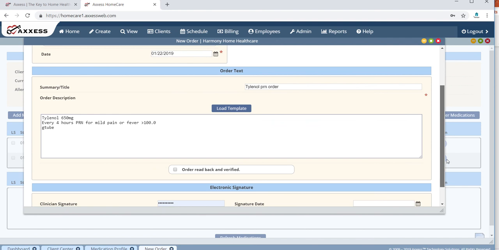And we'll scroll down and review the narrative order here. So we have Tylenol 650 milligrams to be given every 4 hours as needed for mild pain or fever greater than 100 degrees via the G-tube. And lastly, we need to just specify how we obtain that order. So it's going to be written or verbal order received depending on how you receive the order. So if in this scenario we've just received a written order from the prescription bottle, we'll write written order